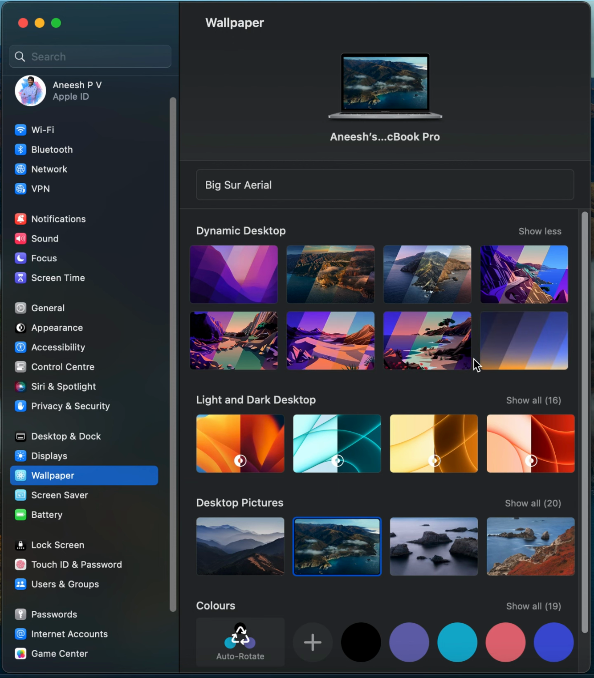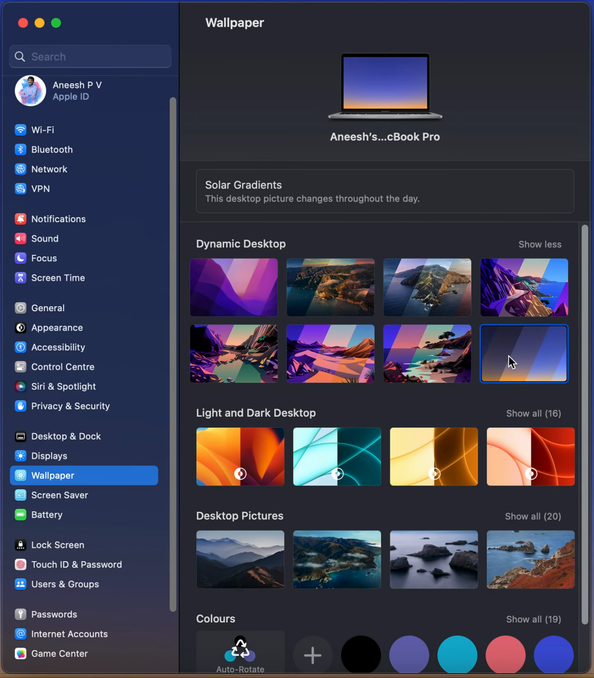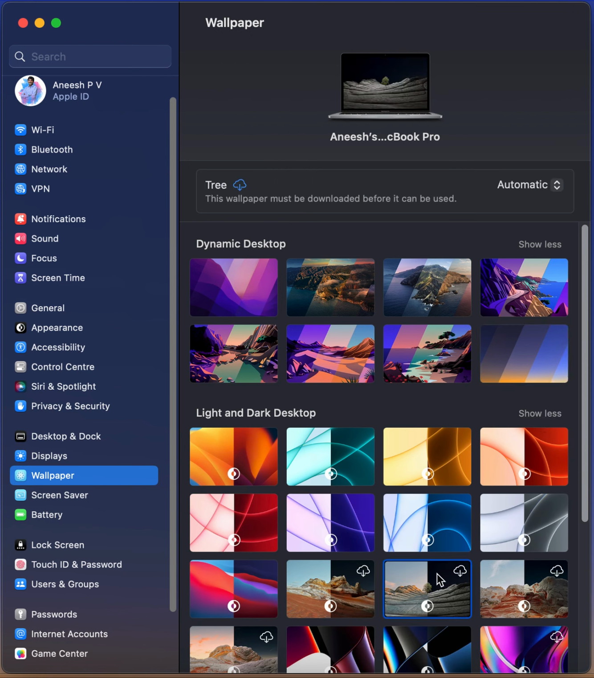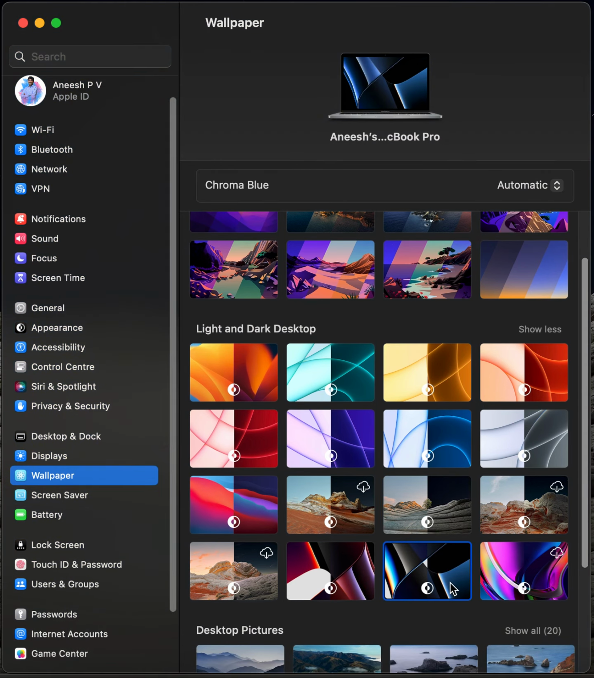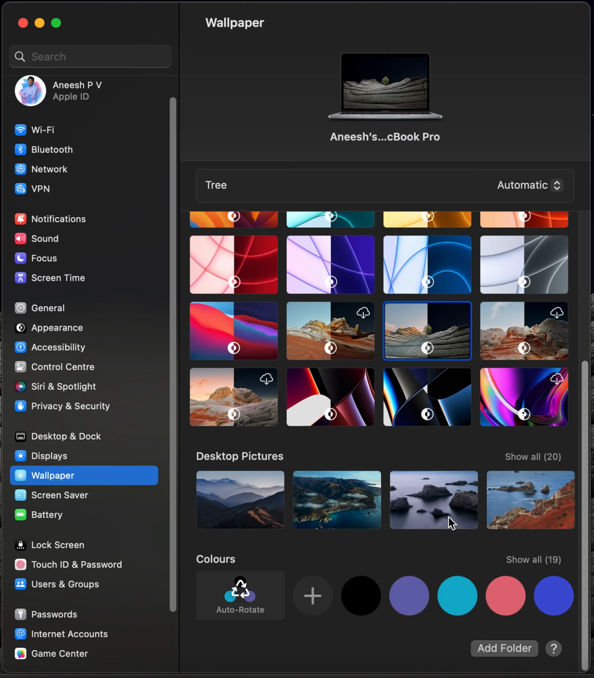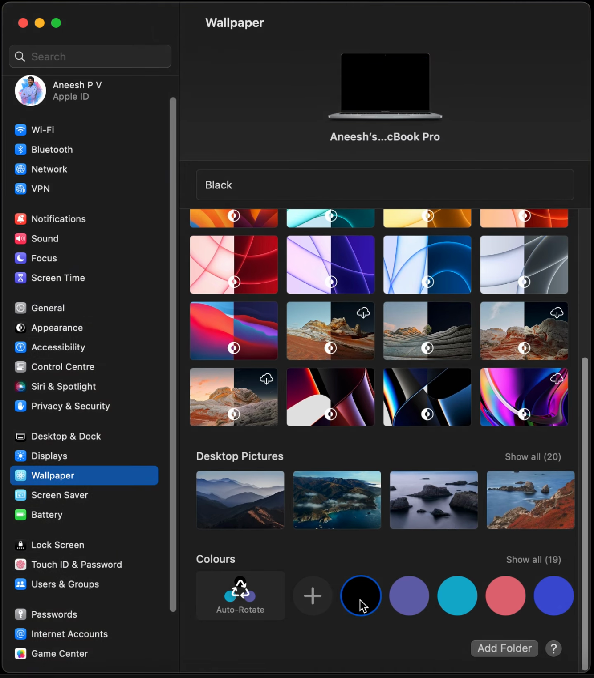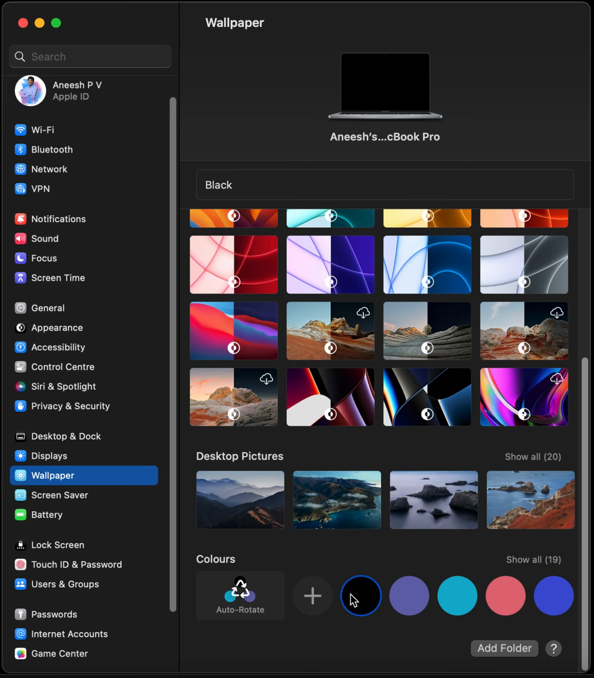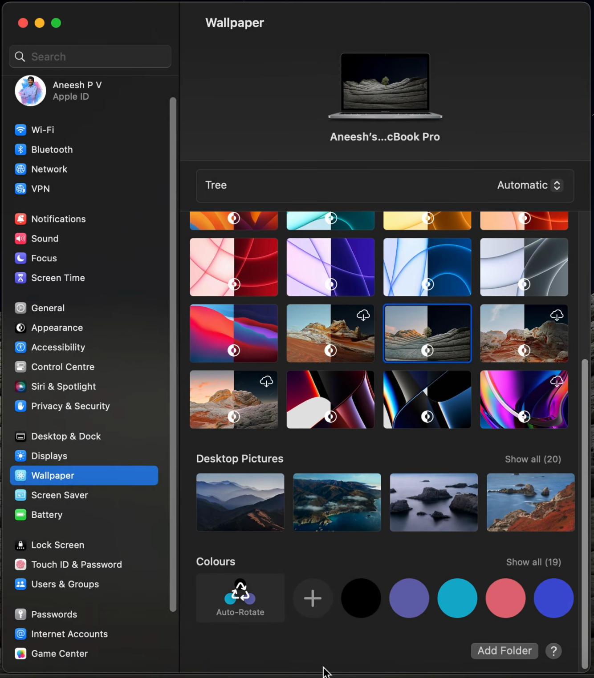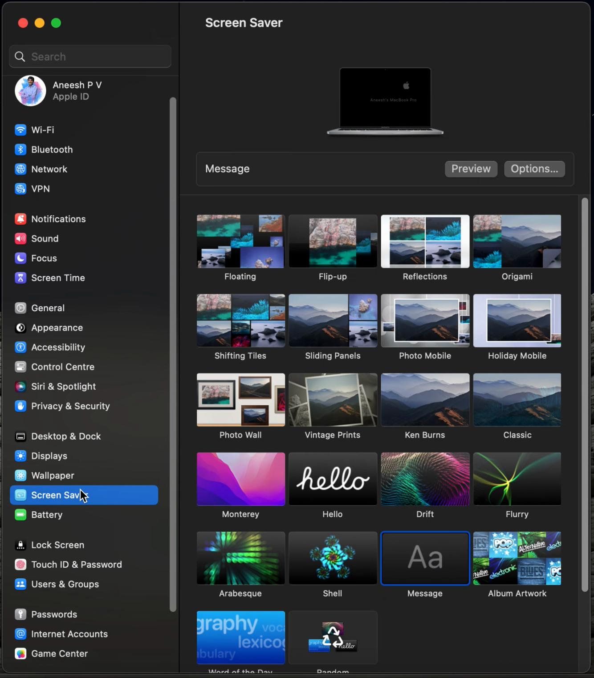There are a lot of wallpaper options now. A couple of wallpapers are available to download. You can also change the colors. You can also have a dark black background, which I really like, but for the time being, I'll change it. You can also add your favorite wallpapers folder here. You can change the screensaver,